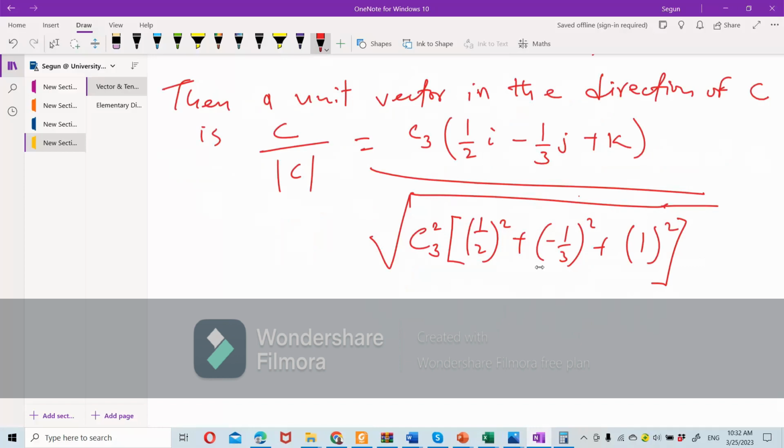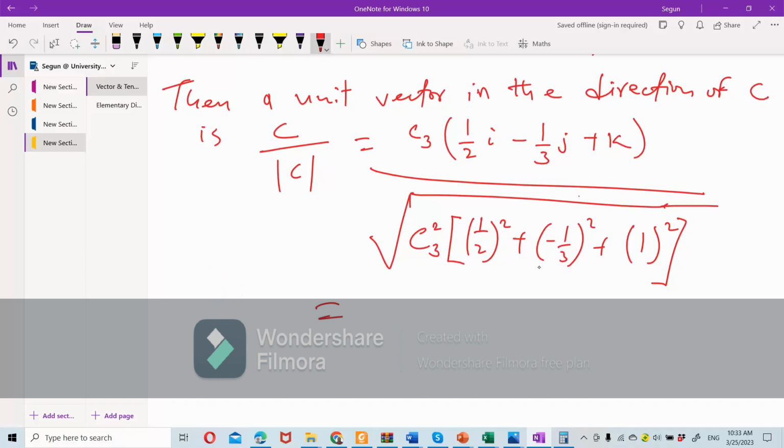Because when you have square root of S squared, it's the same thing as S. Now, I have square root of S3 squared. It's the same thing as C3. So C3 will cancel with C3 up. So that one will eliminate themselves. So that's what I'm trying to pass across. So C3 will go. Then at the end of the day, we have,